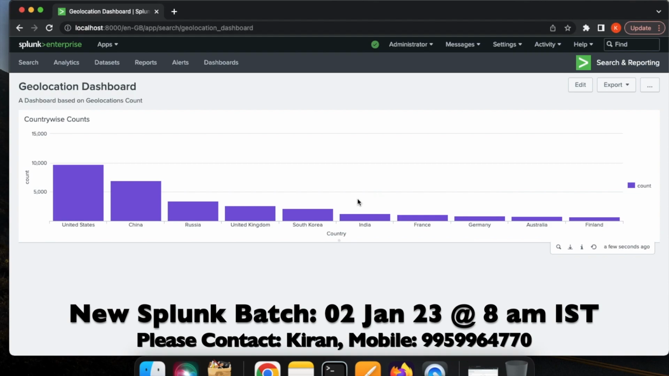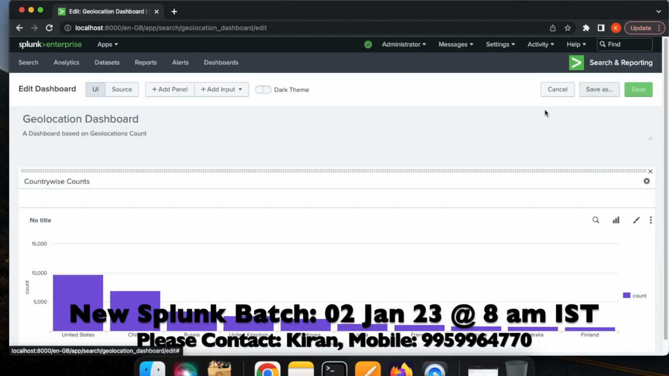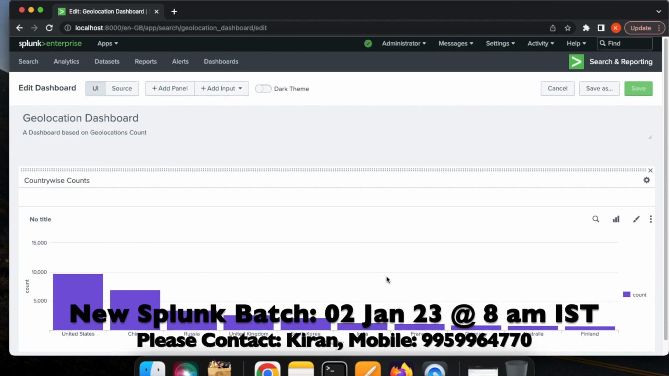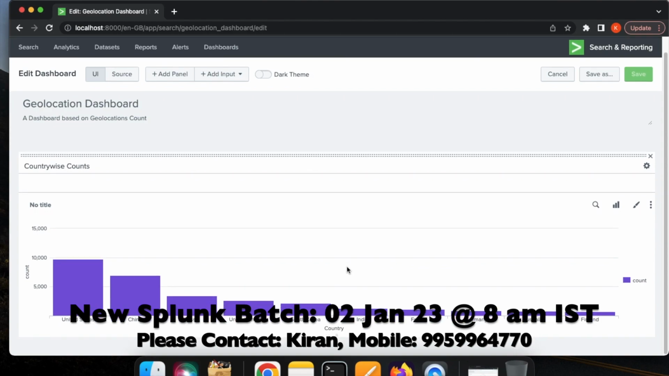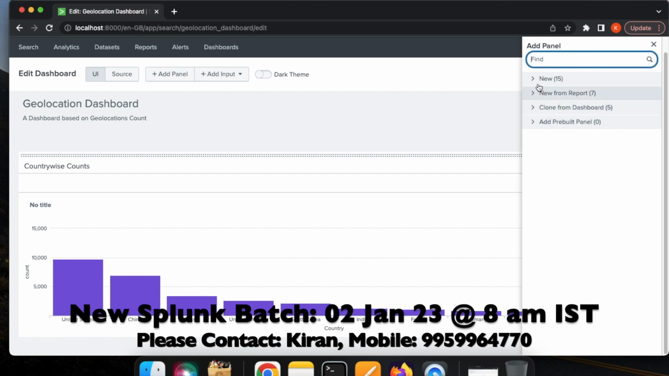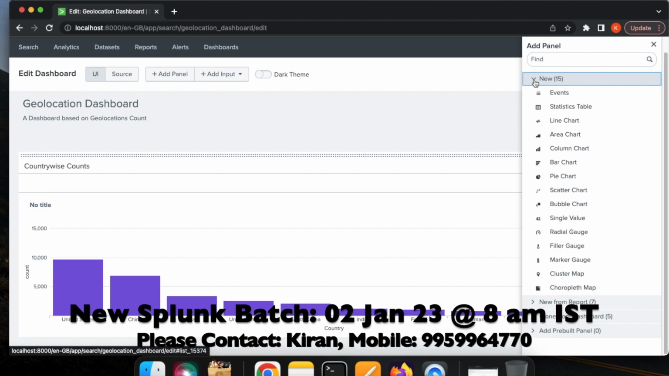Okay, so now if you click on this edit button over here, you can always go to the edit mode. And now, just like how we have built the panel in the dashboard by using the SQL query, similarly I want some more panels to be built over here. So for that sake I'll be clicking on this add panel button over here. And now I'll be selecting this new option over here,